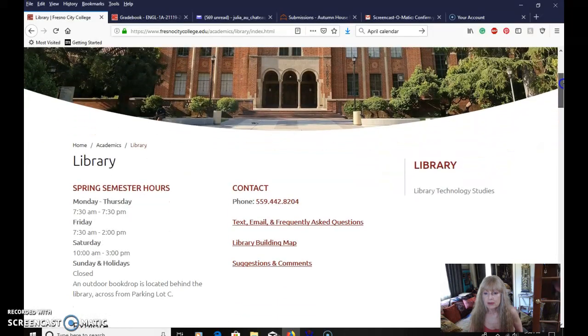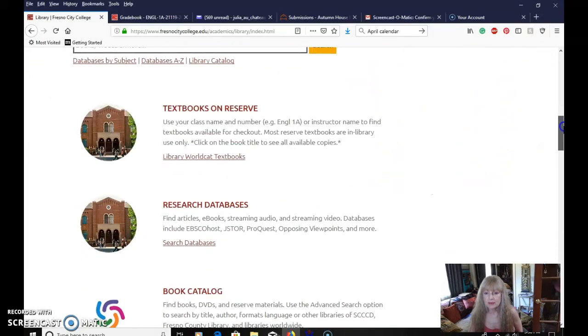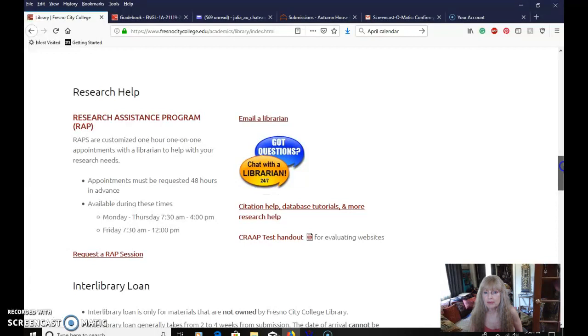Okay, so we scroll down, and I did want to point out to you that at the bottom of this page, you can get a RAP session. A RAP session means you will get help from, it's a research assistance program. And they are customized 1-hour one-on-one appointments with a librarian to help you with your research needs.